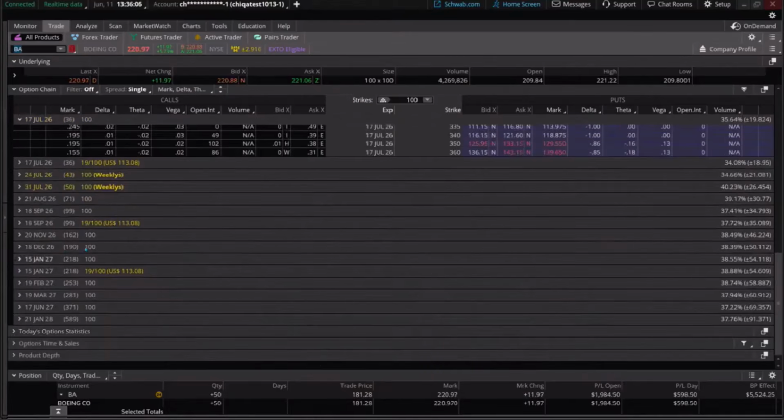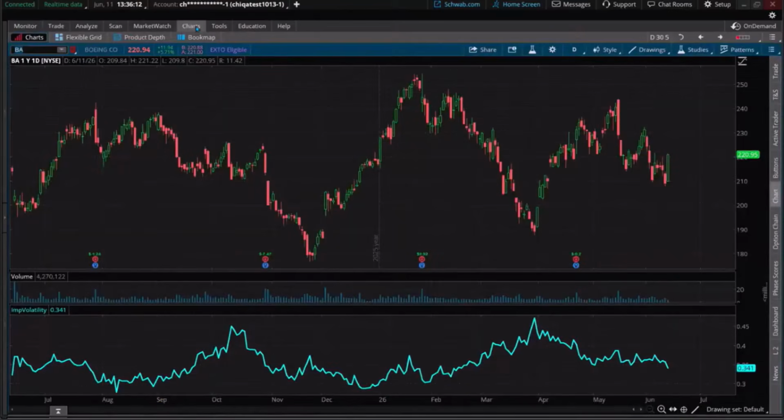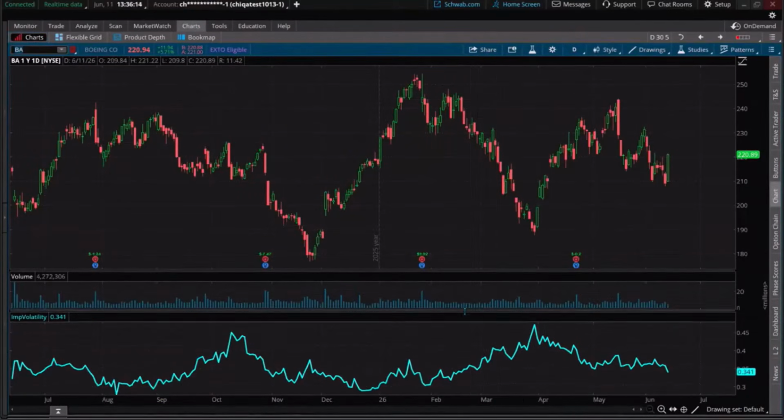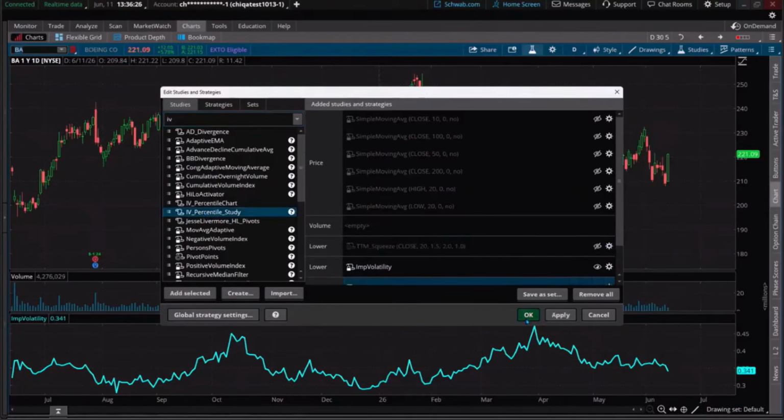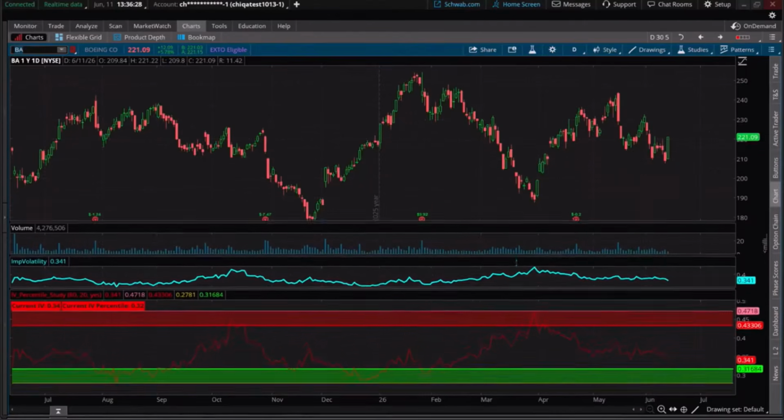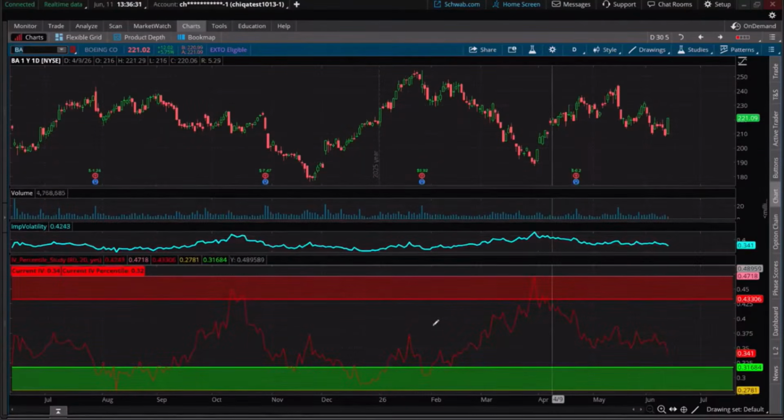One of the things I found the very first time was through Ken, one of our prior coaches that taught this class, and this is what he had built. I'll keep the implied volatility on here. I don't know if you guys have this or not, but this was a really cool scan he did, the IV percentile study right here. I'll pull it up and highlight it for you. What it does show is it looks at the stock itself.